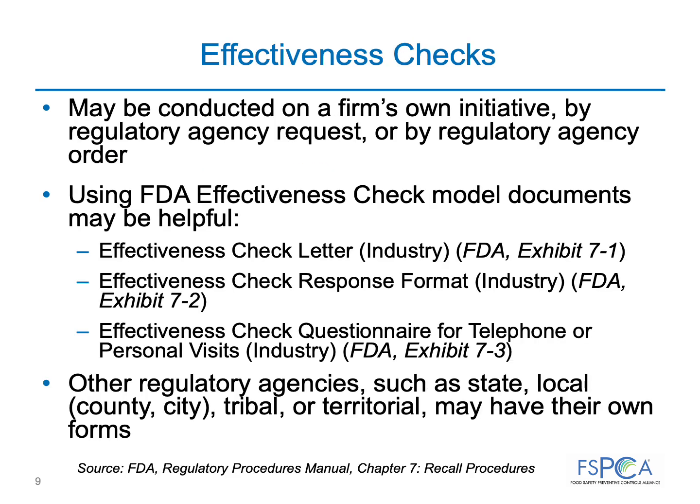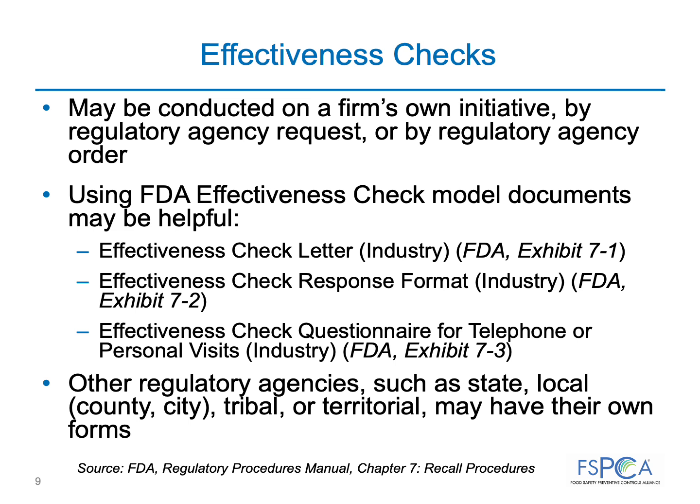The purpose of an effectiveness check is to verify the recall communication was received by the direct account consignee and that they understood and followed the recall instructions. The effectiveness check should also verify the recall reached the appropriate level in the distribution chain. An effectiveness check is a means of evaluating the effectiveness of the recall, e.g., the recalled product was removed from